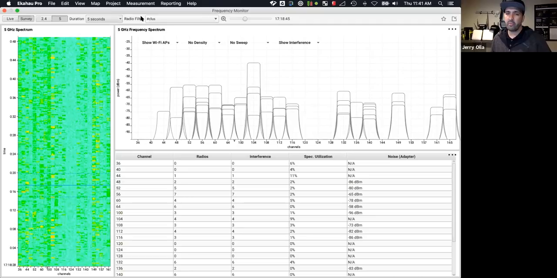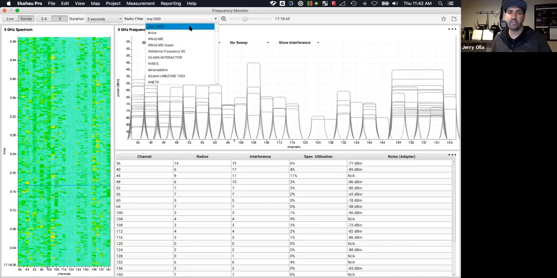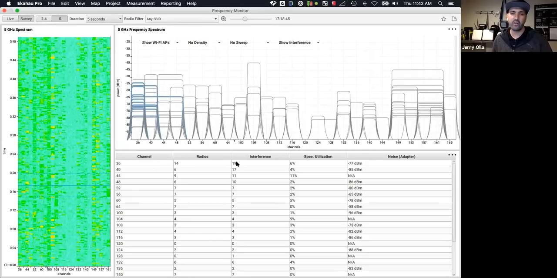Actually, surprising though, I'm pretty sure we were able to use like 120, 124. It was just 128 that was getting DFS hits and wasn't able to use. So yeah. Anyways, without going on that rabbit trail too much further, you can see some channels aren't being used, right? So now let's flip from CLUS back to any SSID, and we see a drastically different story, right? Same measurement, same location, but now we're not filtering on any SSID, and now we can see, hey, that auto RF is actually doing a pretty good job here,